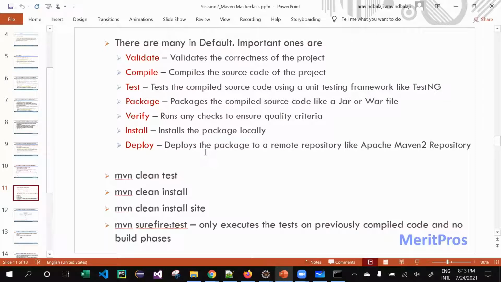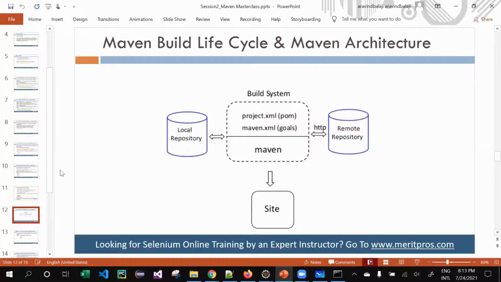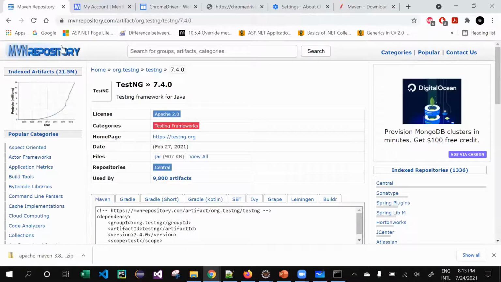But before going to the command line, let's see the architecture. How does Maven architecture work? Maven architecture is quite simple. As we have seen, this is the Maven central repository.